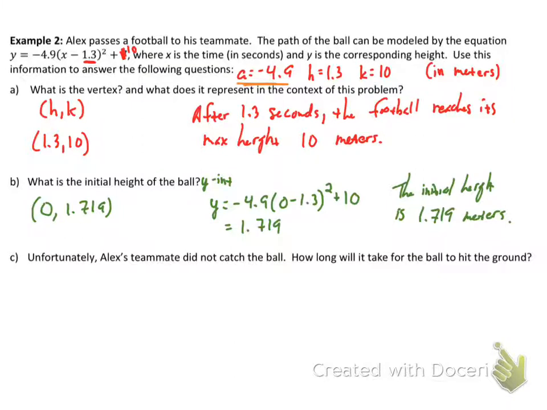And then the last question is saying, unfortunately, Alex's teammate did not catch the ball. How long will it take for the ball to hit the ground? So that's talking about the end of that parabola. When it hits the ground, that's talking about the x-intercept. So we're going to use our graphing calculator to find the x-intercept. I hit y equals, I plug in my function, I hit graph,